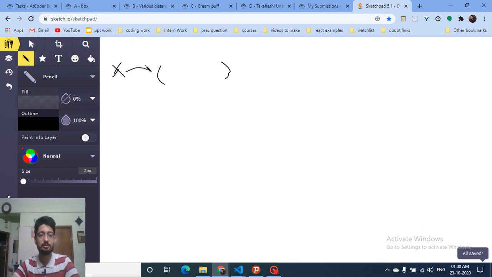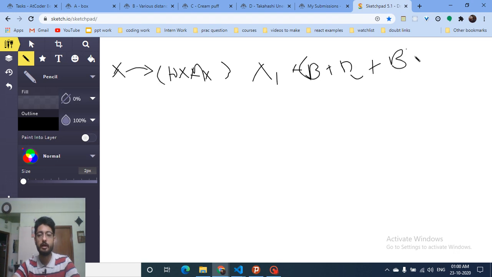I can do some gym type thing in which I multiply by A, so it will multiply sometimes with A, and then there is some X1 value, then I can add B a number of times, and then it can reach Y, which is not Y, it's actually less than Y.